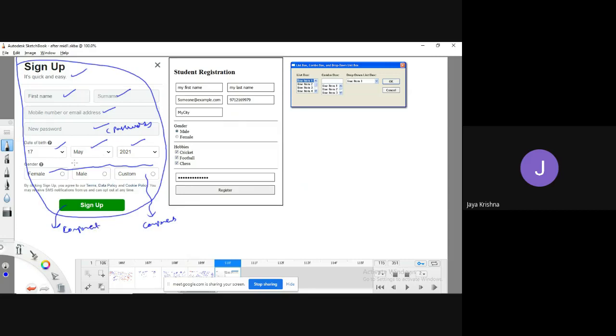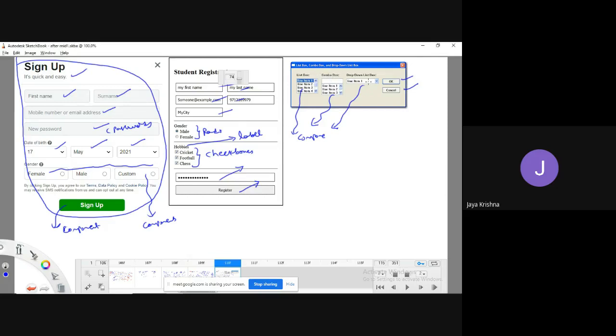Meaning that I would like to show all the various things. This is a radio button. These five are various text fields, and these are various check boxes. Every individual thing is a component. Hobbies, we call it a label, which is also a component. This password field is a component. The Register button is also a component. This is a list box, also a component. The combo box is also a component. The drop down list box is also a component. The OK button is a component. The Cancel button is a component. Everything here, whatever you observe, list box, combo box, drop down list, is a component. So whatever you are observing over a Windows screen,